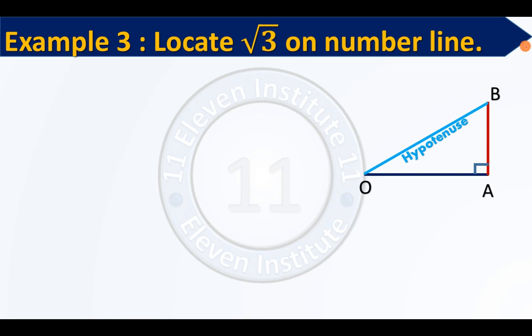And as per our logic, the number that we want to plot on the number line, we will take the length of our hypotenuse to be this number. So for this question, we want our hypotenuse OB to be of the length root 3. If OB is root 3, then what is OB square? OB square is 3. Why? Because Pythagoras theorem understands the language of squares, right? Now you can see OB square is equal to the sum of squares of other two sides.